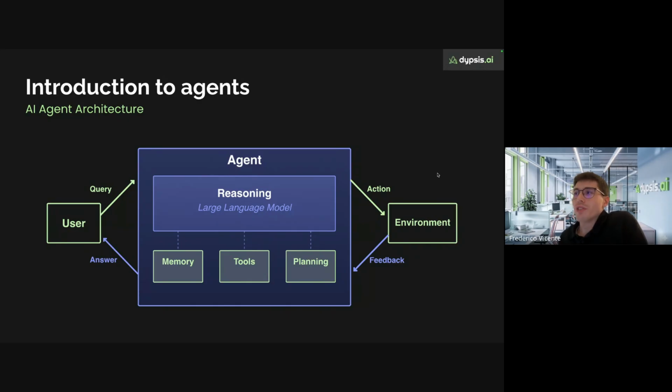So we can think of a large language model as a complex function that, for instance, you give some text and it outputs some kind of output text as well.